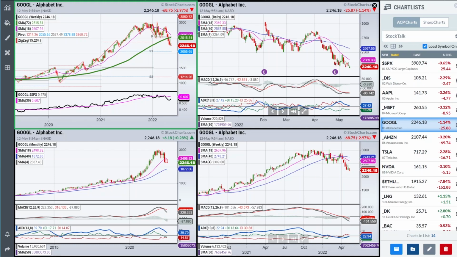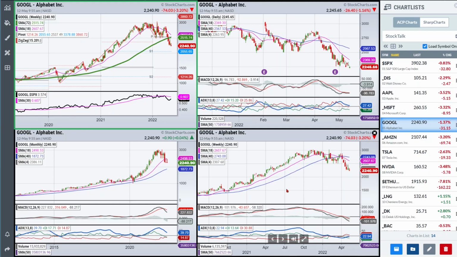This would lead me to believe if we can actually turn the shorter term trend around that we could get a better rally, because this is not that strong of a decline. So it might end up turning into a neutral trend rather than really rolling over. So use the ADX that way.